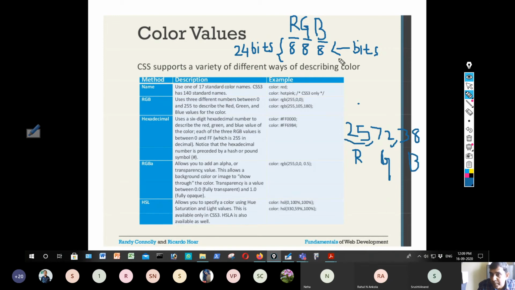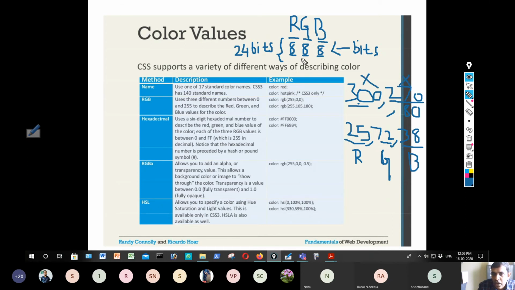Of course 25 is represented using an 8-bit value, 72 is represented using an 8-bit value, and 38 is represented using an 8-bit value. You may ask, can I give 250 or can I give 500? Say I give a number like 300, 270, 80. Definitely this is not valid, because 300 and 270 are not valid.